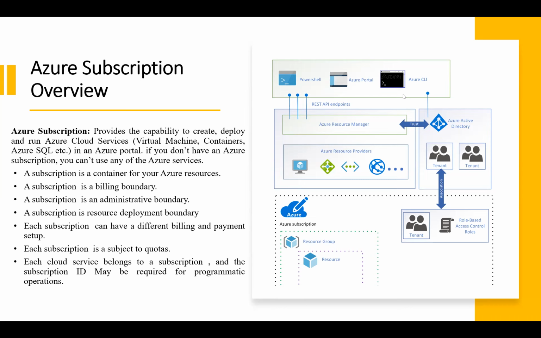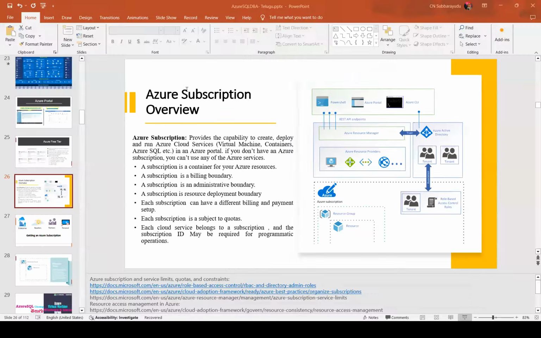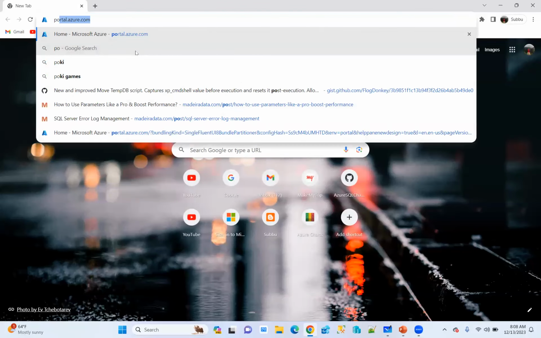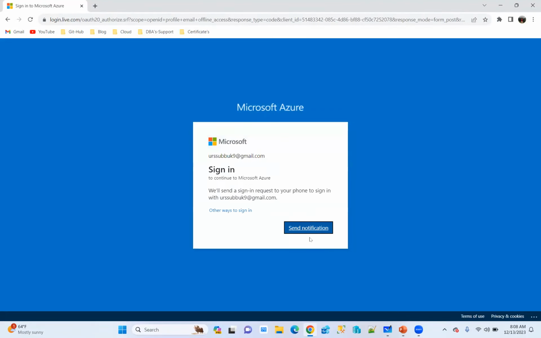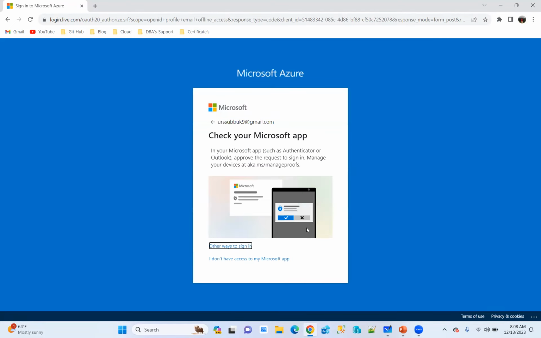Especially when you go to the Azure cloud, not AWS, not Google Cloud, or Alibaba Cloud, Microsoft is following a hierarchy. What do I mean by that hierarchy? Once you connect to portal.azure.com, once we connect to the portal using our Outlook or our Skype account,